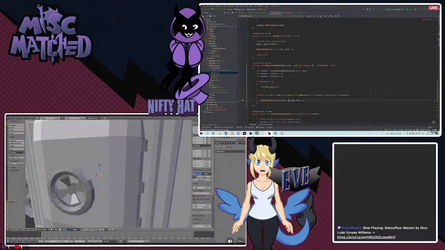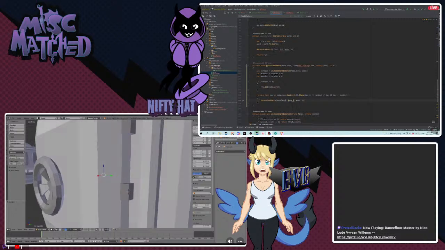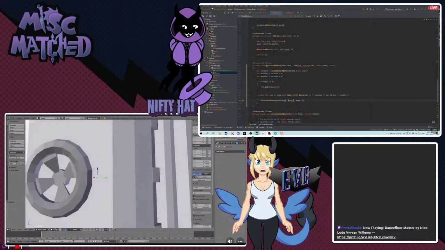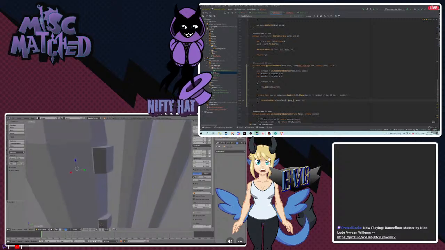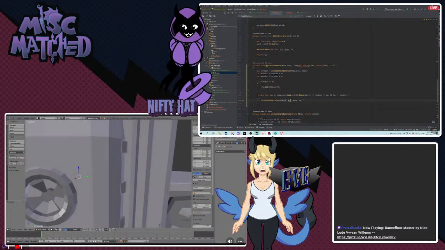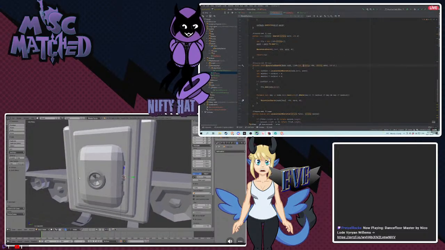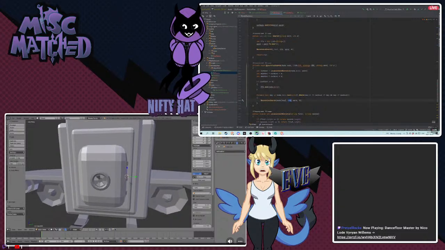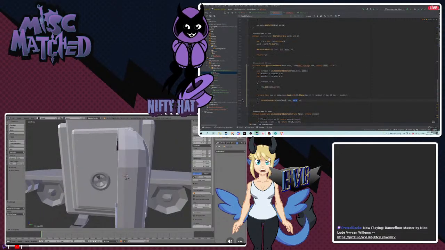I shoved it. Button to 3D cursor? Yes. Now we are going to rotate. Yeah, boys.